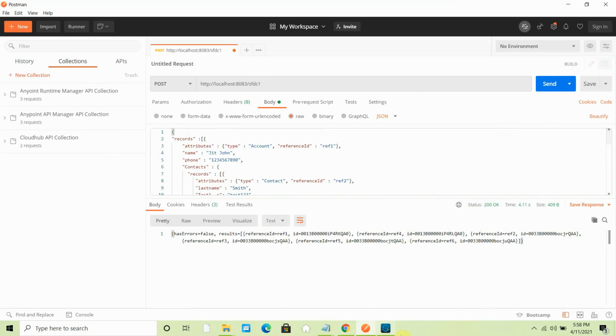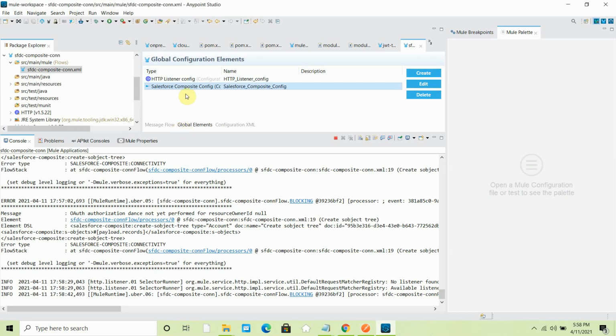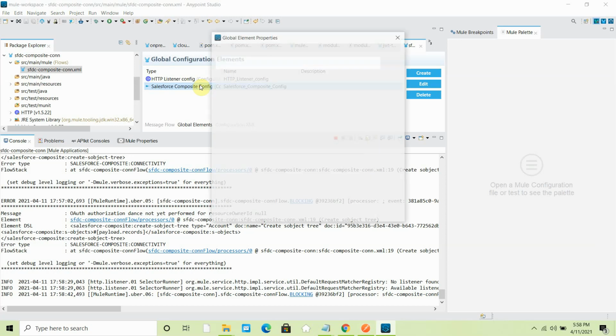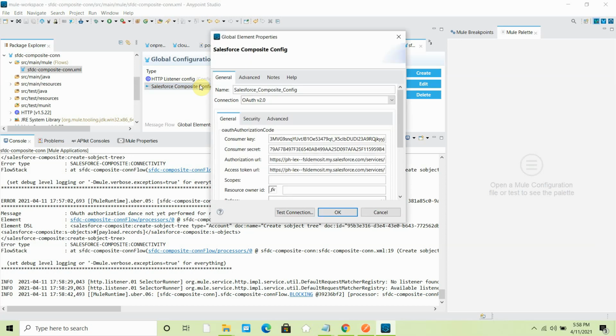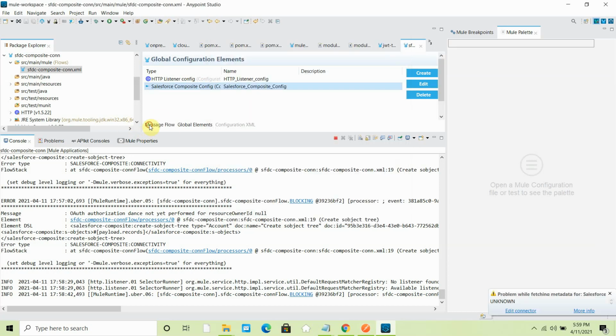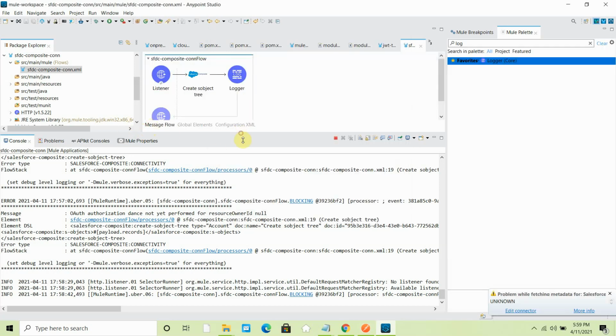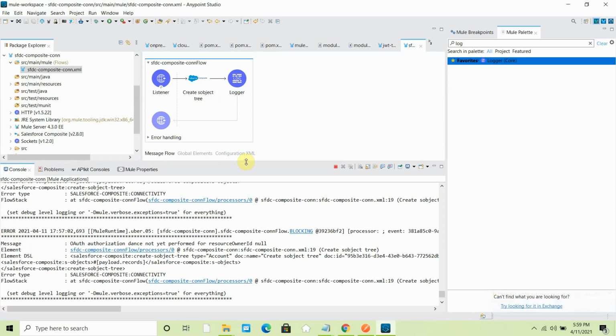Now you also got authorized. When you are configuring a new consumer secret or key, or doing any changes at the authentication level, in that case you have to perform the OAuth dance again. Otherwise you can just ignore it. You don't have to do that again and again. So that is a very important step that you need to perform after the initial deployment of your application. You have to make sure you are granting access to the proper resources for the Mule application to execute.